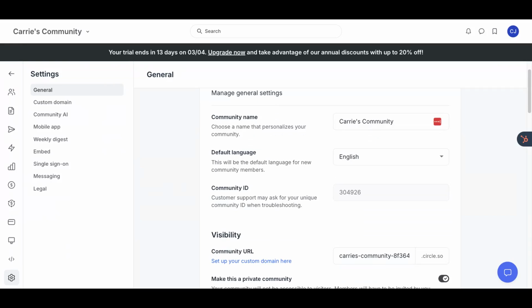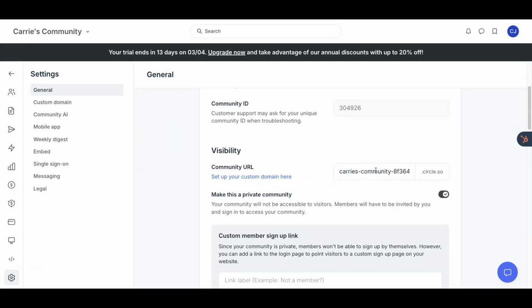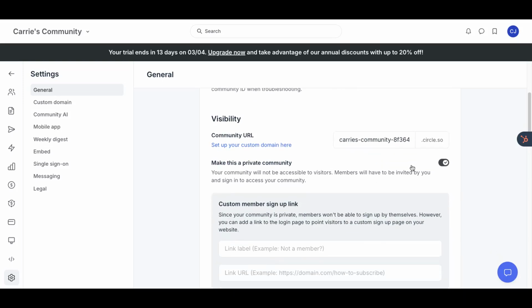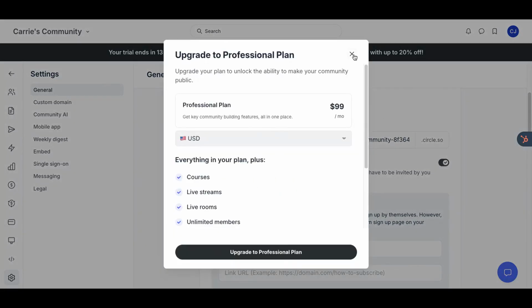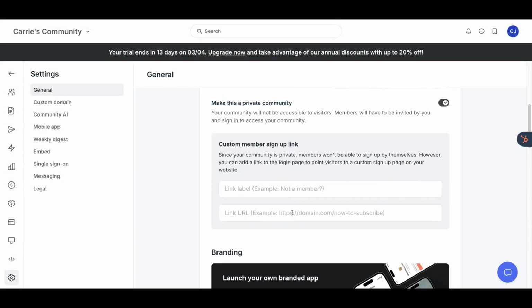Okay. So your general settings are going to include things like your community name, which you can change at any point. The language, for whatever reason, you can only do English and Portuguese. There are plugins you can use if you want to translate any of the content and the actual interface itself. You can create a custom domain, which I have not done here. This is just a sample. You can choose to make this a public community, which you can't do on the basic plan, but you can on higher plans. And then you can decide, when someone gets a link to your community, what is that sign up link? What is it telling people to do when they are sharing content from the community? There will be a call to action that says, if you want to actually read this post, join the community. So what do you want that to actually say here?